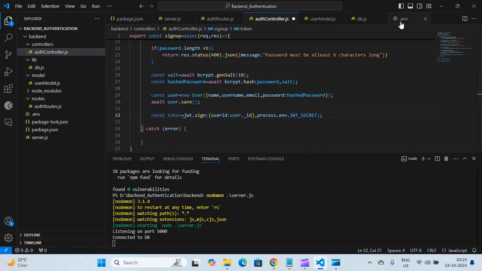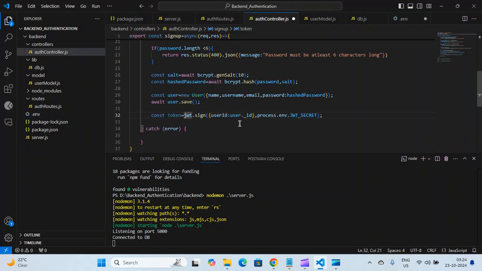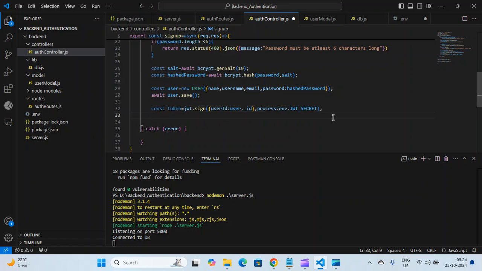So in the .env file, I will create this JWT secret. You can do whatever you want here, I'm just creating a secret. It's my JWT secret here. So my token is generated already,